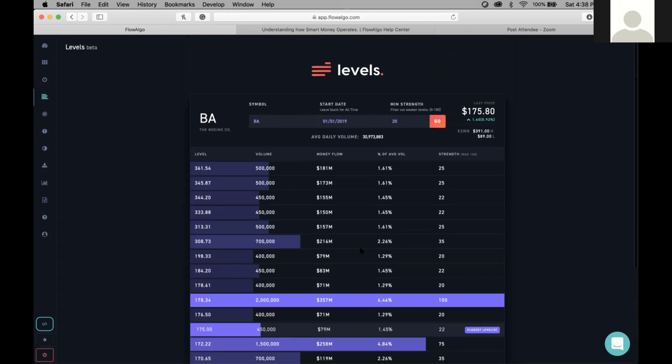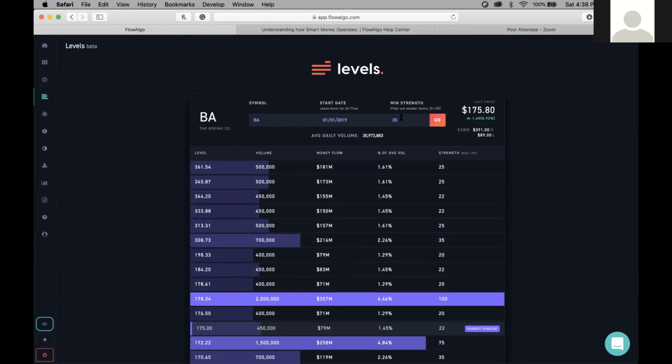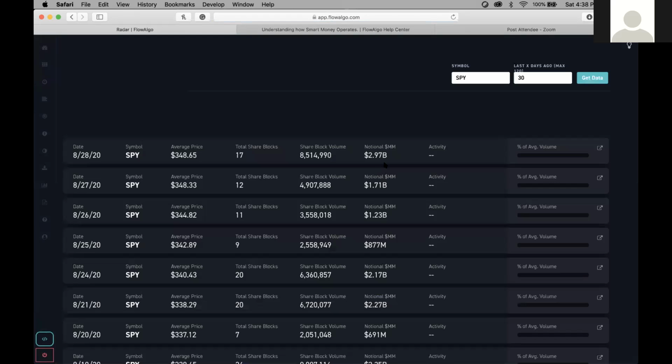So it's just a good tool to see. You can filter it too by strength and all that kind of stuff. So you got the date as well. It's just cool to see, if you're going to do your TA, your analysis, whether your level is strong enough, and it helps confirm it as well. Just go through these pretty quickly.